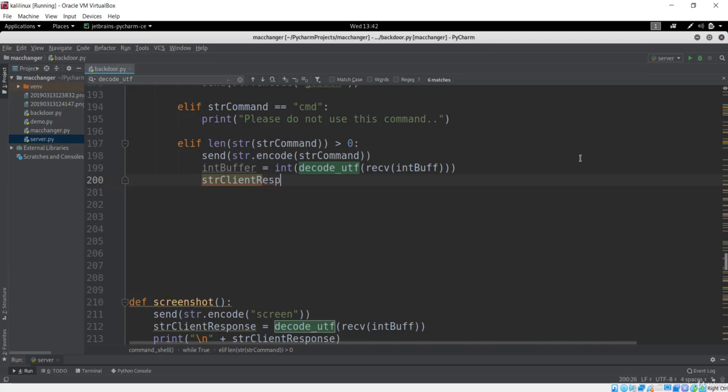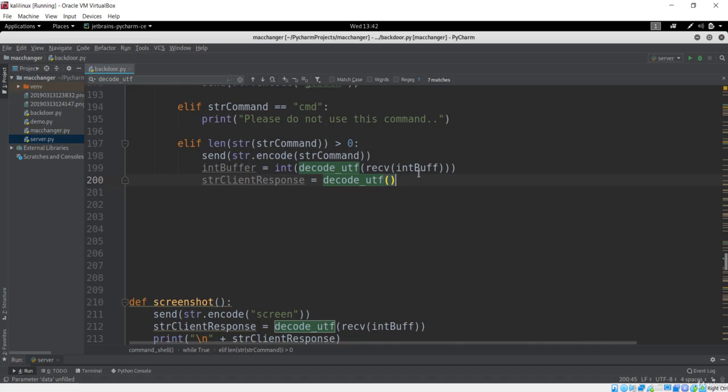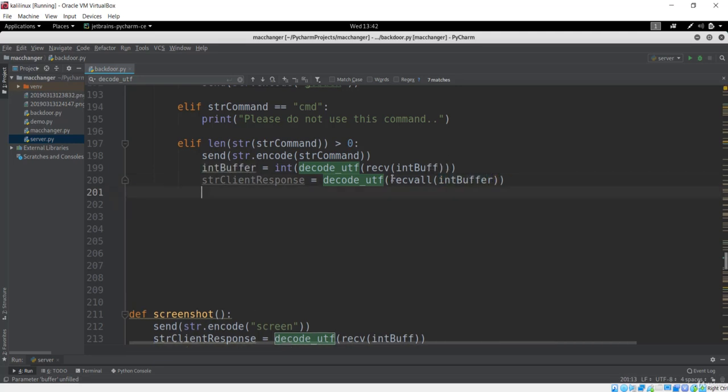Next we have this string client response. Let's make this string client response. What this is going to get is your buffer. First of all we also have to decode this, because this is also sent from the client, and in this case it is the buffer. I have already said before that if you get this integer buffer, it is done by this receive method, but if you are getting a large amount of bytes of data, you have to use this receive all method, which is going to get us the buffer. So it is the integer buffer now in the case of receive all.